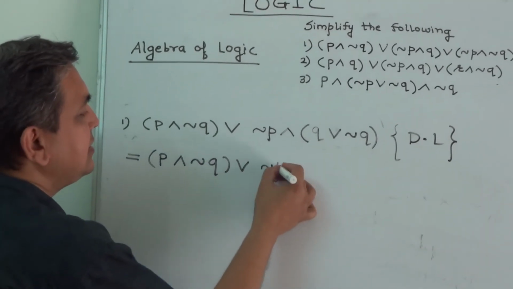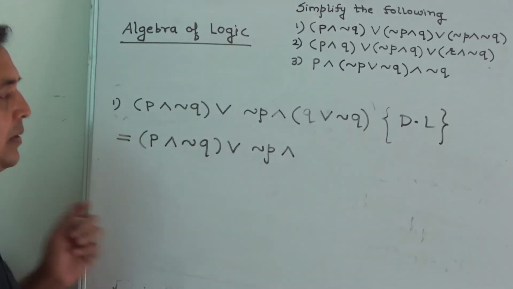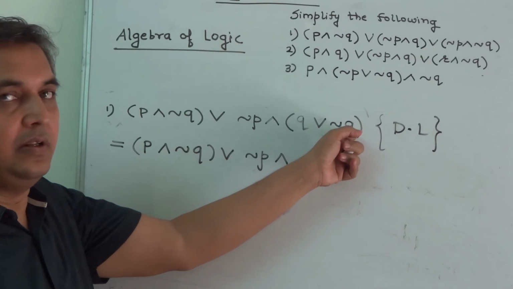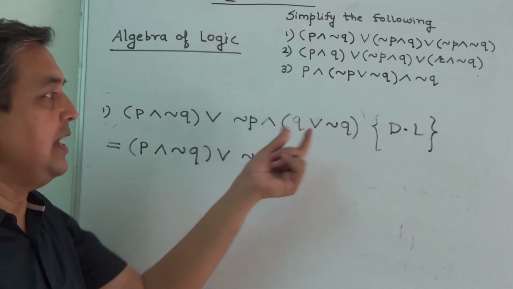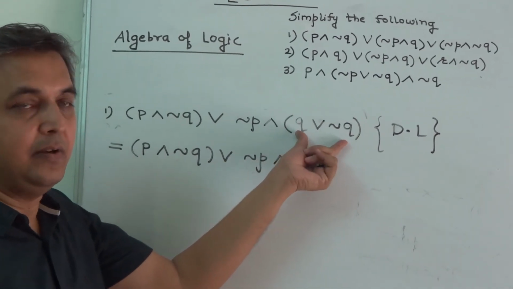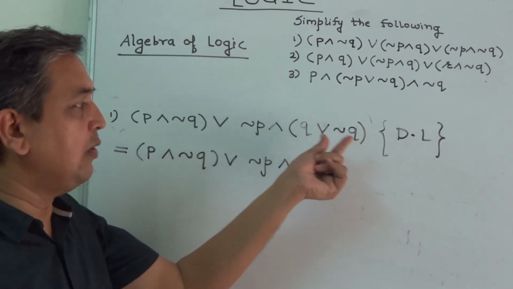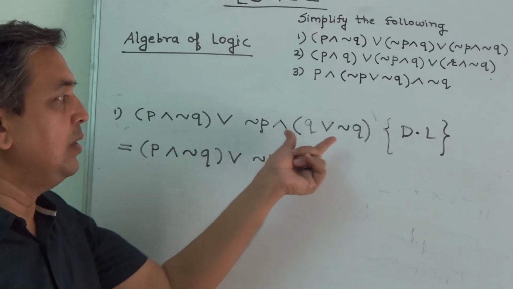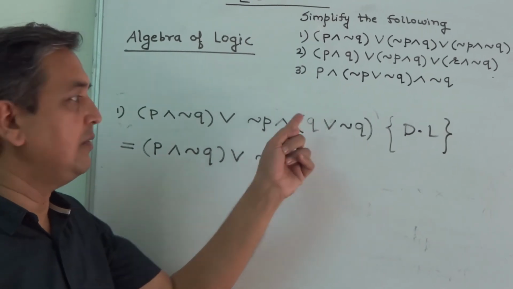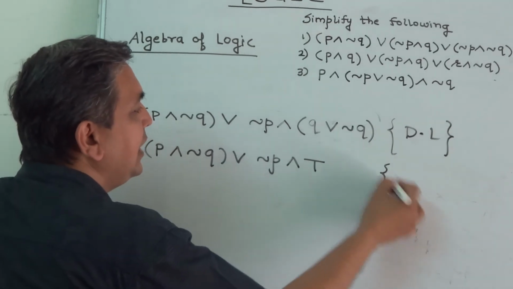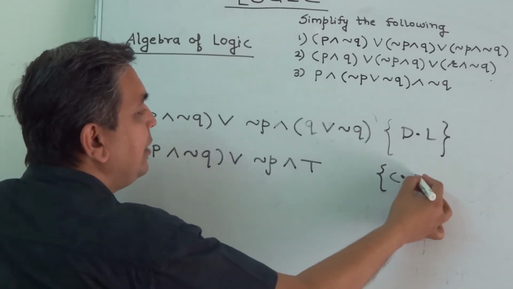Now this can be written as the first bracket as it is, P and negation Q, or this negation P as it is, and now can we see some law over here? A statement, its negation with OR. It is like P or negation P. One is true, other is false. One is false, other is true. So one true, one false with OR will give a true statement. Which law we have used here? Complement law,